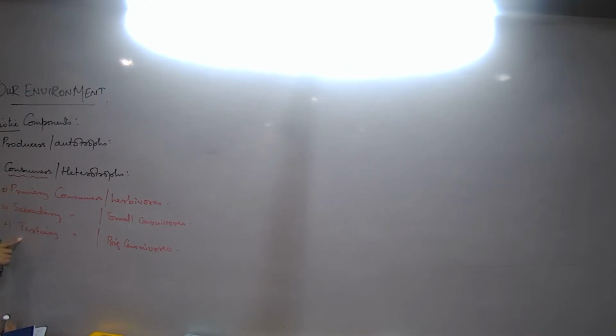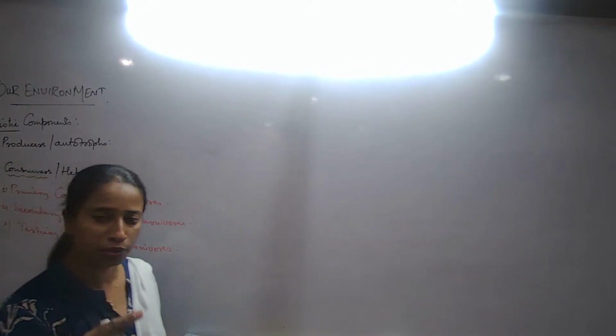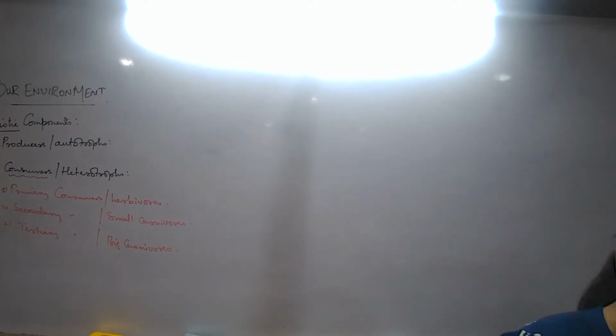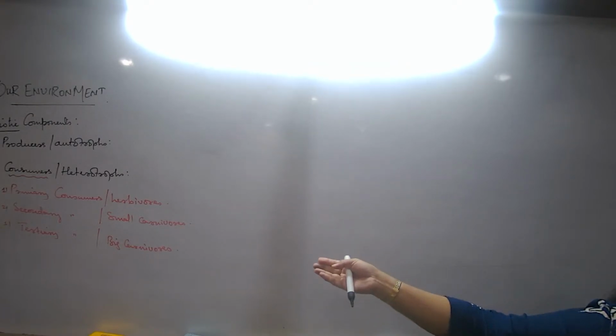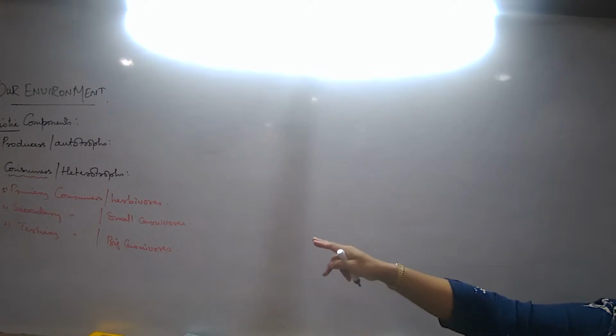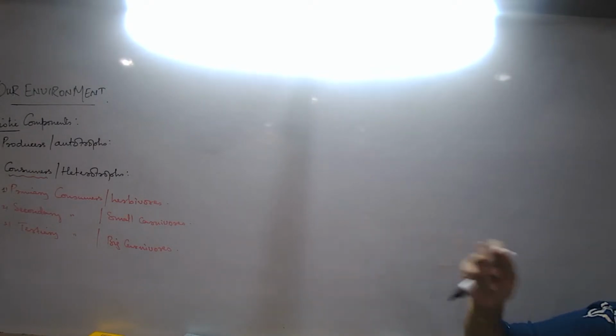So what are consumers? Basic difference is what? With the autotrophs. Consumers are organisms which cannot prepare their own food. What are the two primary categories? The two primary categories, herbivores and carnivores. But yes, carnivores based on their complexity and feeding habit again can be differentiated. What are the two primary groups? Small carnivores and larger carnivores. So we can also say secondary carnivore, secondary consumer, tertiary consumer.